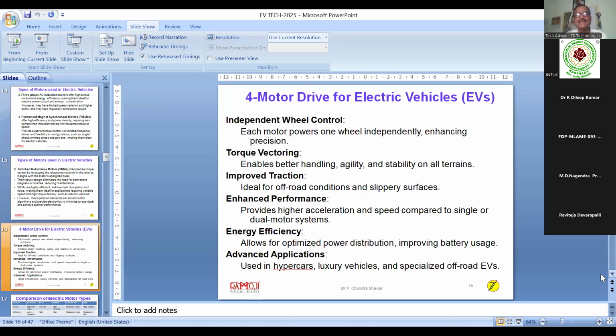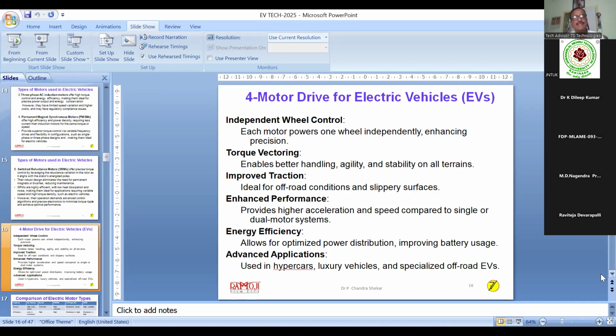Now the new techniques have come. The car people said, why do I need one very big motor? Why not have a four-wheel drive with four motors? Yes, now the high-end cars are coming with what is called package density within the car. Suppose you put a larger motor in the front with the engine, it occupies more space. So instead of that, they have to give a drive to each